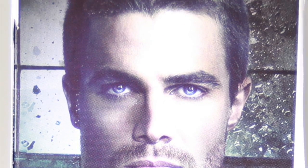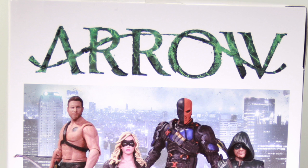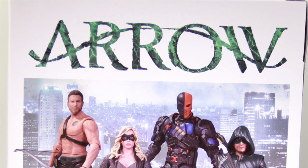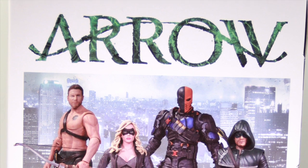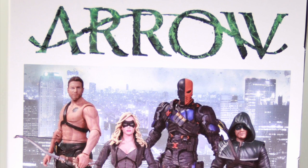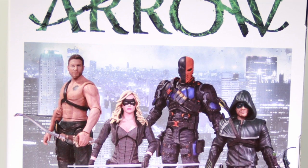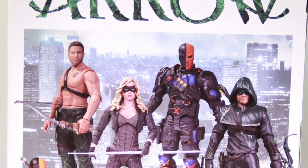And then on the back we have a look at all 4 single carded figures in the Arrow line. So the 2 that were released this week were Canary and Oliver Queen, which we're going to look at today. And then there's a Deathstroke and an Arrow with basically a shirt and hood on, and it's also got the